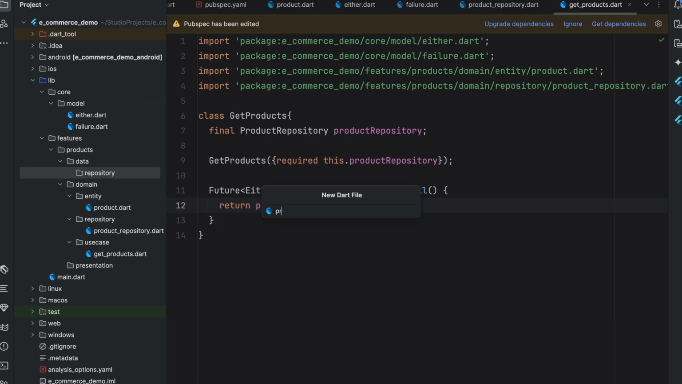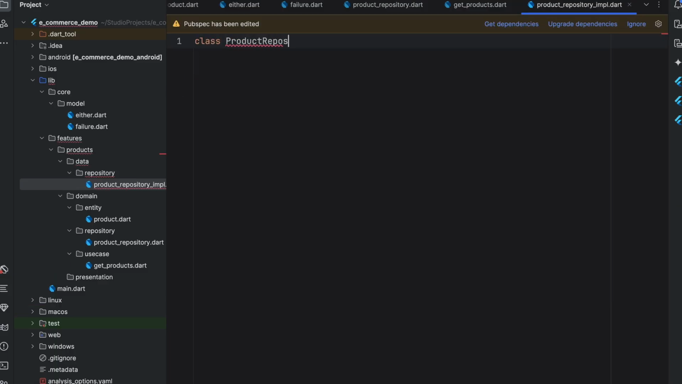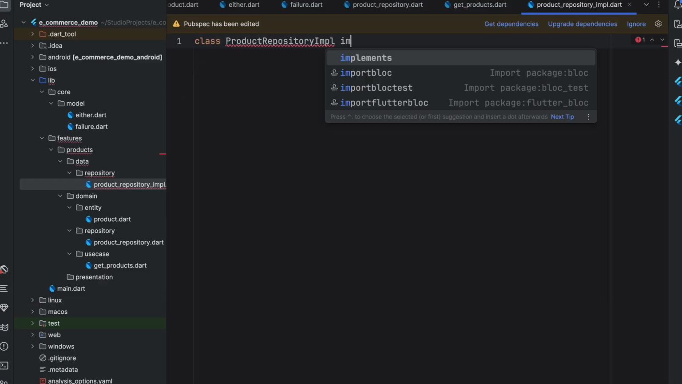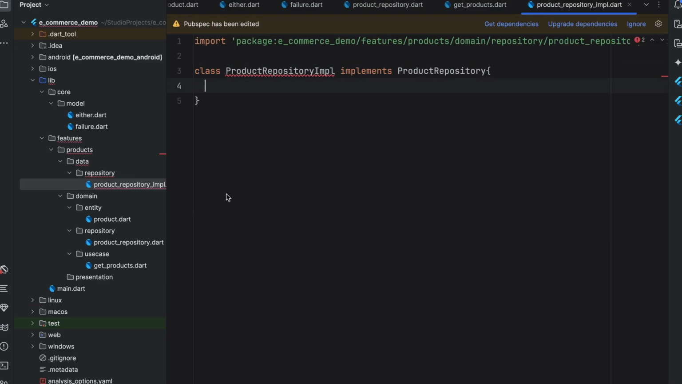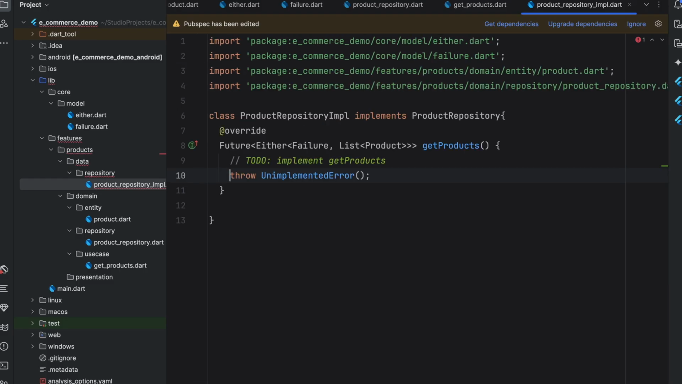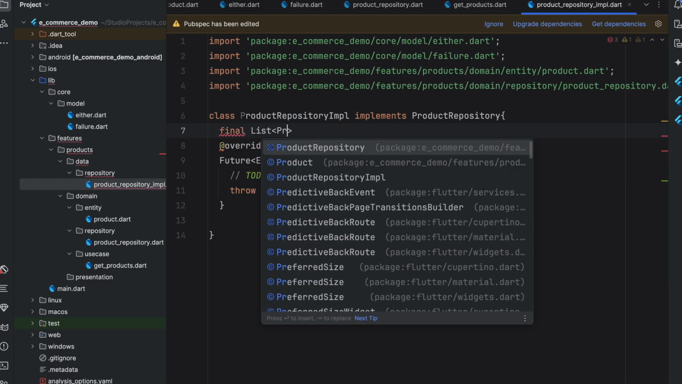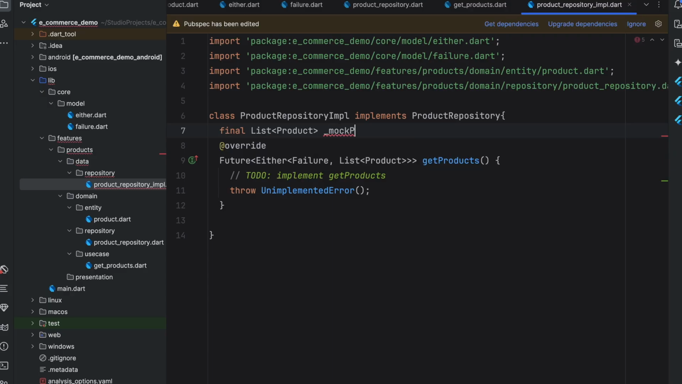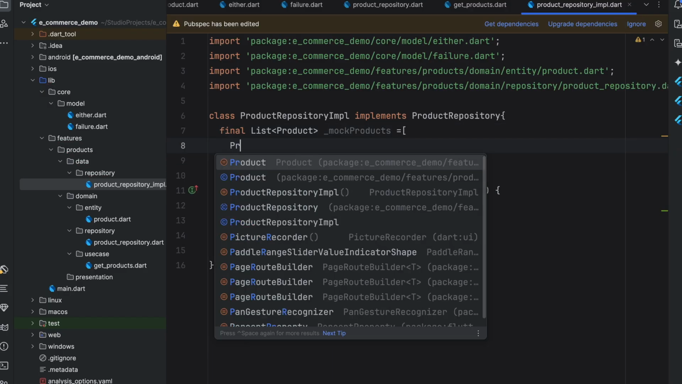Now let's move to the data layer and start with the repository. Don't confuse this with the repository from domain. The difference is that the repository in the data layer is an implementation of the repository of domain. In this video, we'll return a pre-prepared list of products, and in the next parts we'll connect this to the